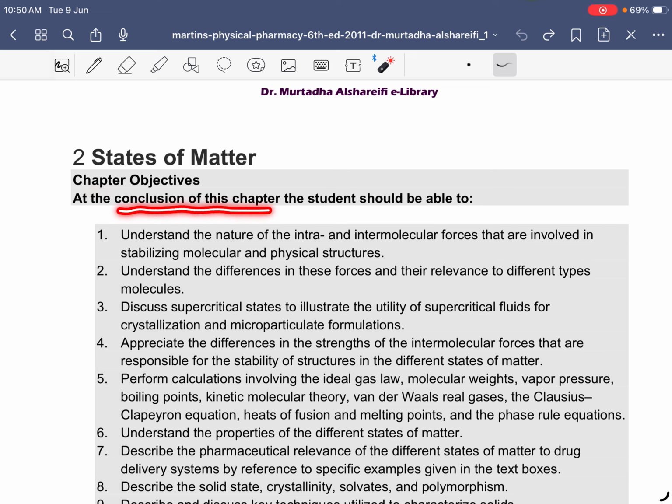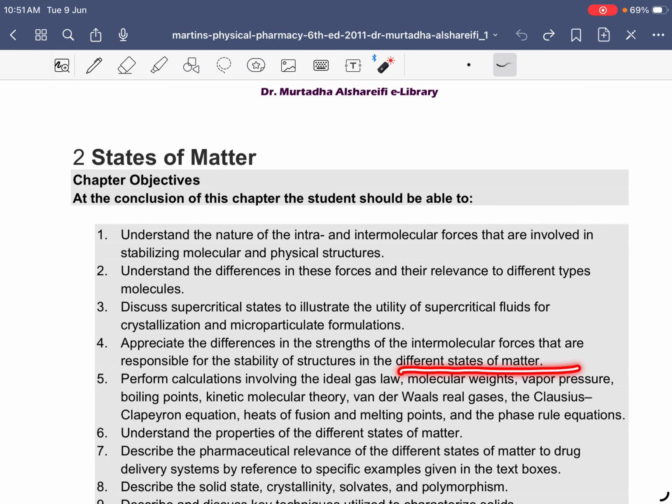तो इसमें चैप्टर ऑब्जेक्टिव में हम क्या देखेंगे? At the conclusion of this chapter, the students should be able to understand the nature of intra and intermolecular forces that are involved in stabilizing molecular and physical structure, understand the difference in these forces and their relevance to different type of molecules, discuss supercritical state to illustrate the utility of a supercritical fluid for crystallization and microparticulate formulation, appreciate the difference in the strength of intermolecular forces that are responsible for the stability of the structure